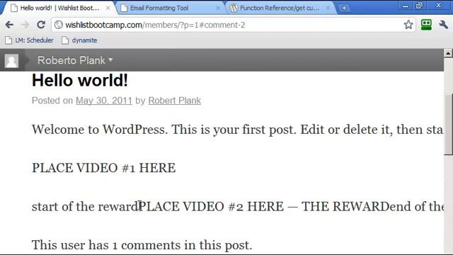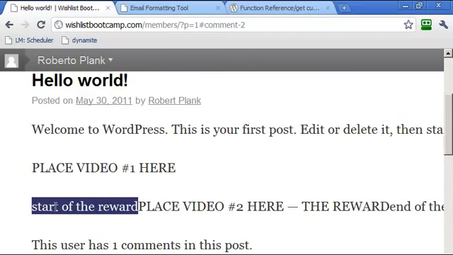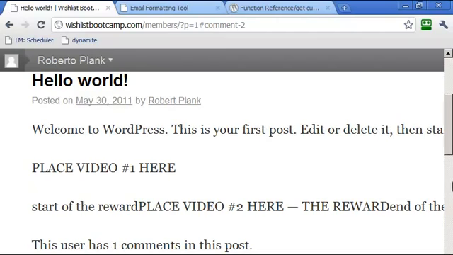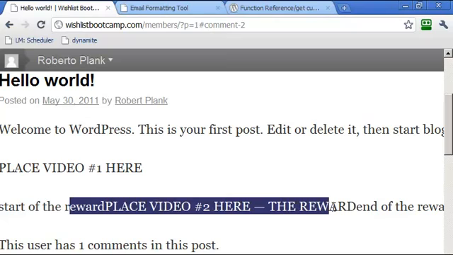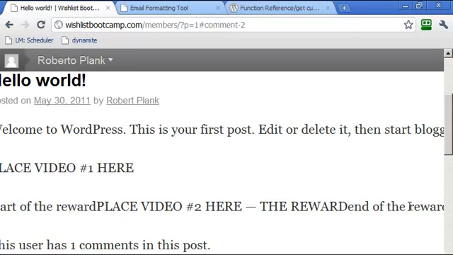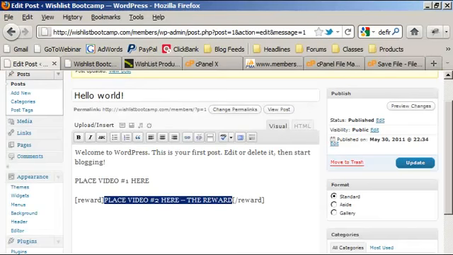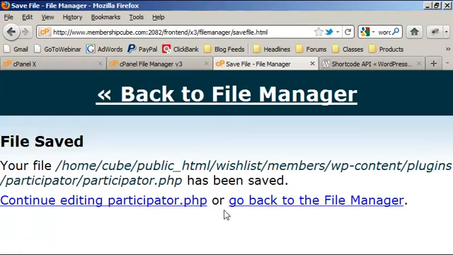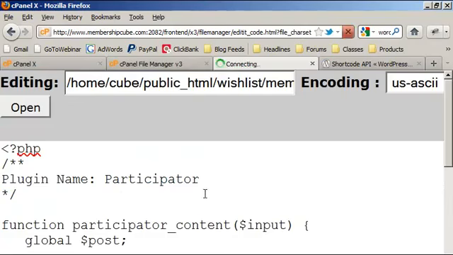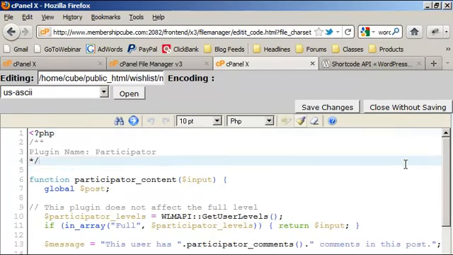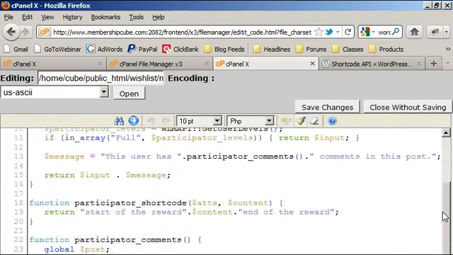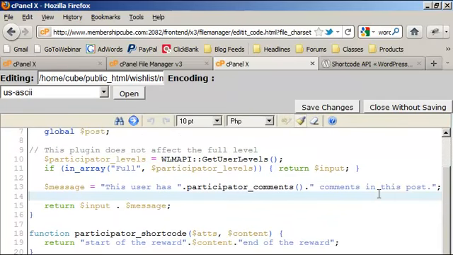Cool, check it out. So it basically replaced that stuff with, so we had reward bracket / reward bracket, and we can actually replace this whole thing. We can replace what's up before and after. We can do whatever we want. So that's where this other logic will come in, and now this is all kind of coming together in the very end, because all we really have to do is go to this shortcode here,